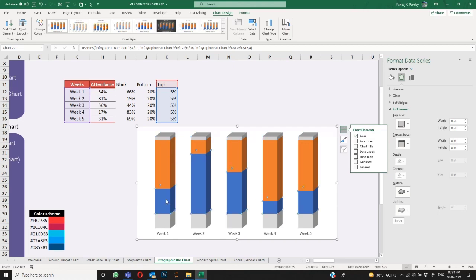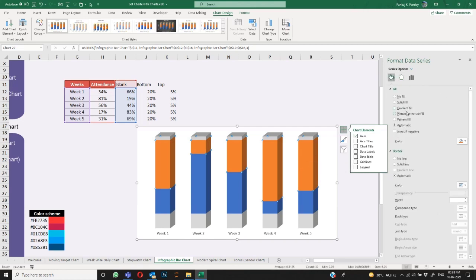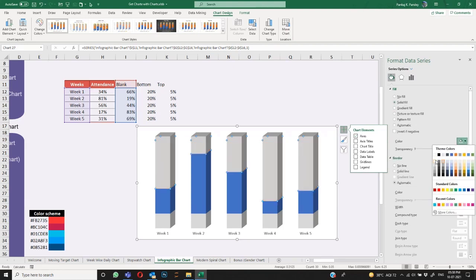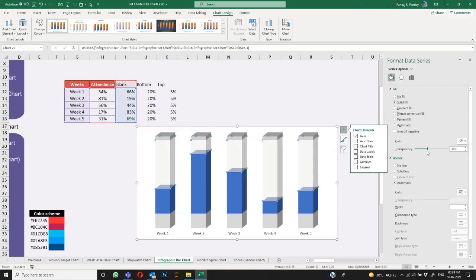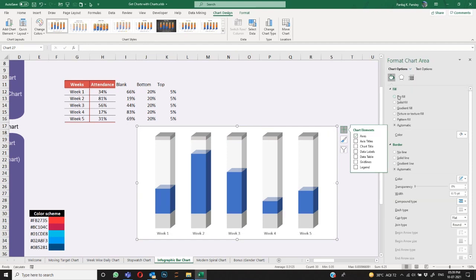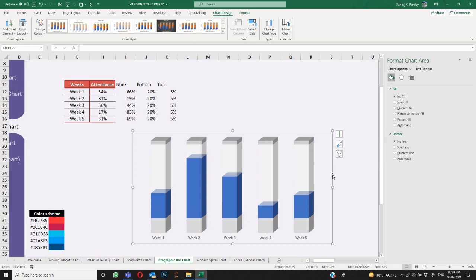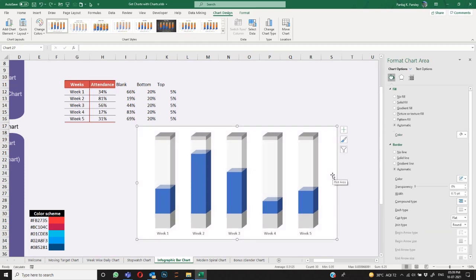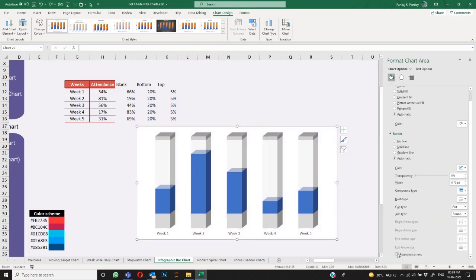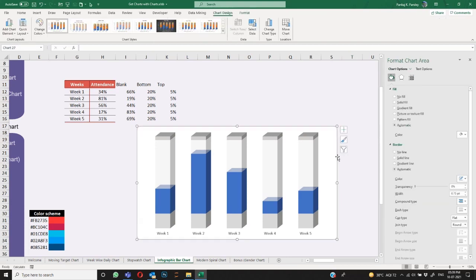Next, I'm going to go to this orange part. This orange part is important, but this is the blank. This should look like an empty glass tube or something like that. So for that, simply go to solid color, use this white fill, and add a little bit of transparency. When you do that, they look like tubes. For the overall chart, I will remove fill and line. I don't need any fill, I don't need any line. Or maybe I'll keep it as of now, it's totally your choice. And rounded corner. Till here we have done it.